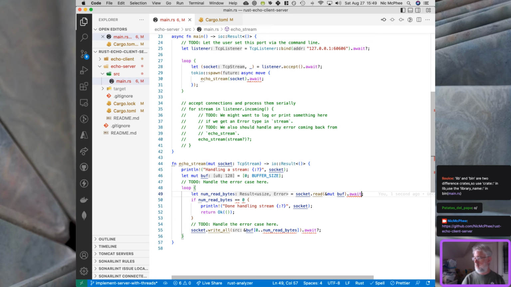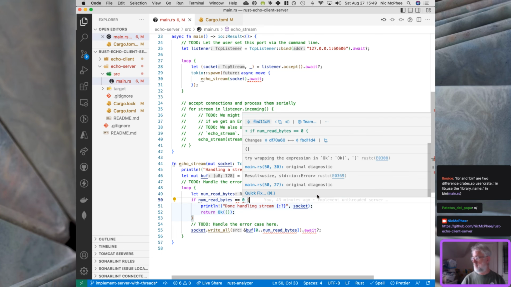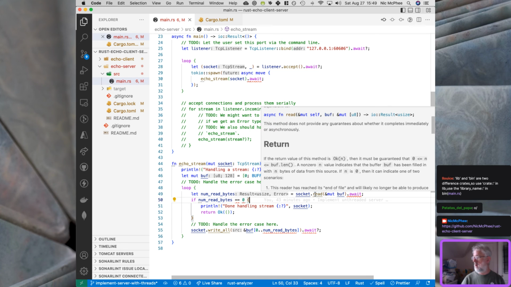But this returns a usize error. Oh, the problem is that this is the wrong kind of error. Right? Yeah. So I think the problem is read returns an IO result